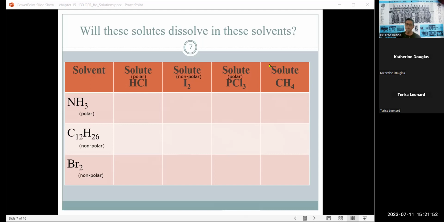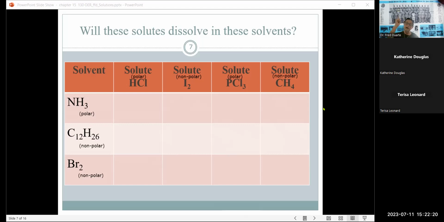Polar, non-polar? I heard polar and something else. Non-polar, exactly. Carbon-hydrogen bond, just like the C12H26. When you see nothing but carbon-hydrogen bonds, automatically non-polar. So now that we defined the polarity of the solute and the solvent,